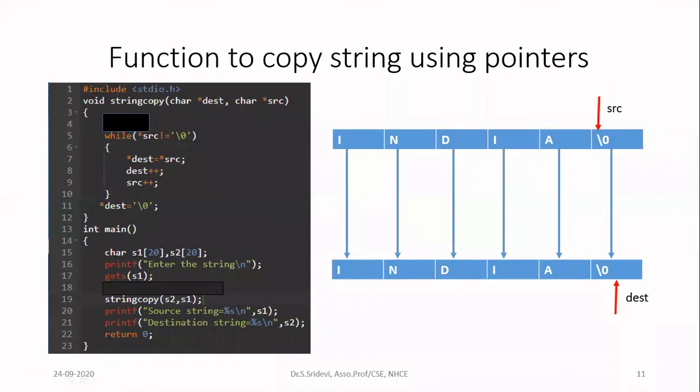Now if you see, I am not returning any value from this function. I want to copy the string to another string, but I am not returning any value. What is the reason? Whatever changes I am doing in the function, those changes are reflected in the memory itself. So no need